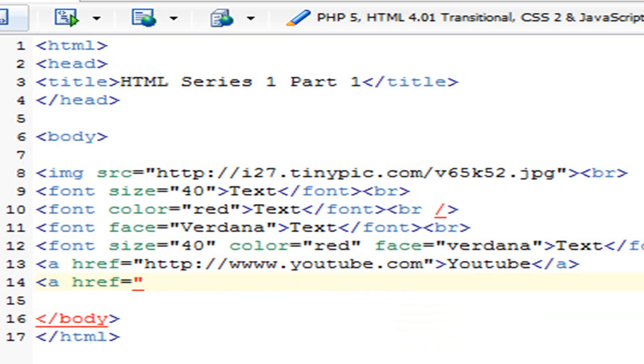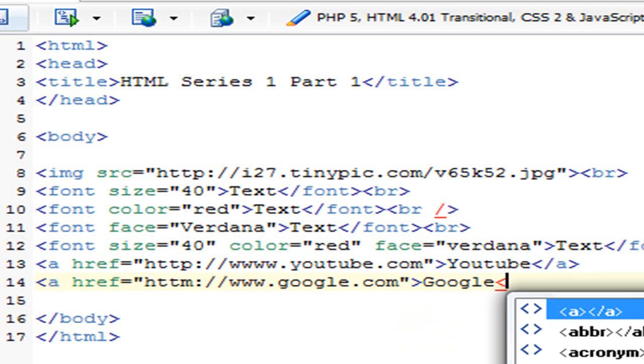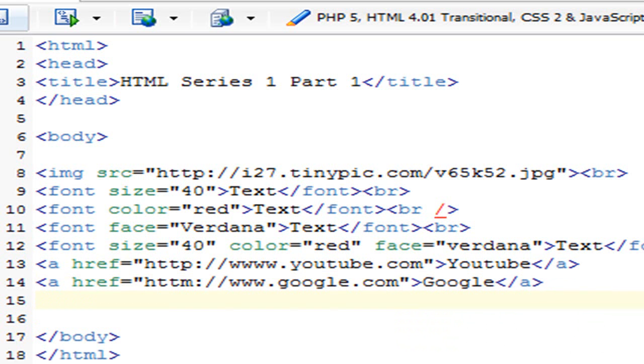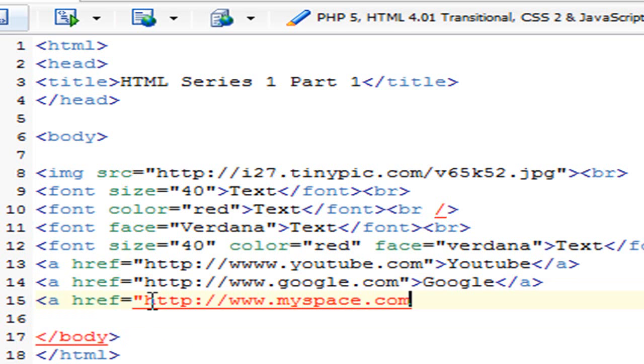So we're gonna make another one with putting Google on it. Google.com. And we're gonna put Google right here. And you can also make another one. Let's say, whoops, I just gotta change something right here. Okay. If you like this one to go to, let's say, MySpace, you can do so. Type this,